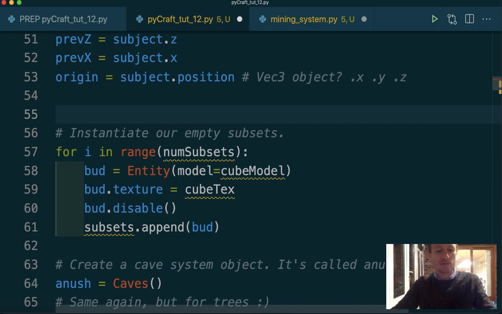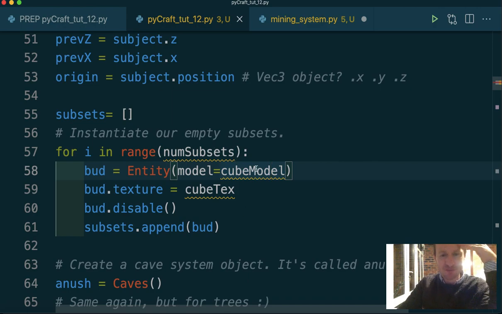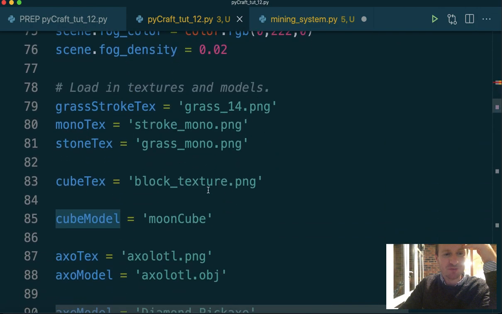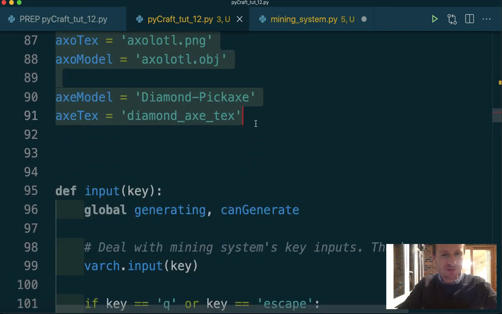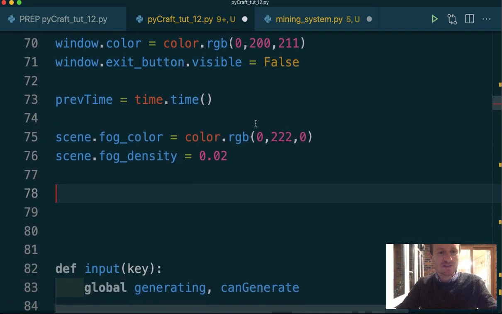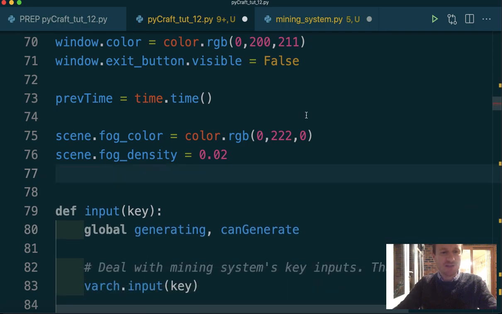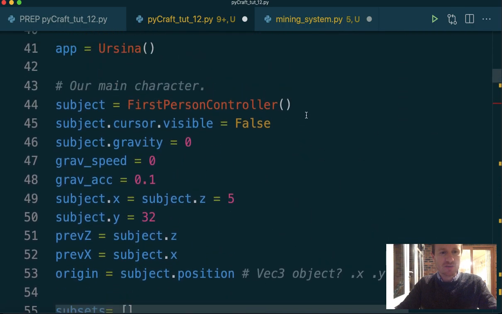Oh, so presumably we're just doing that. Subsets equals nothing. Oh, and now we need a number of subjects. So we need cube model, cube texture. So we need textures and models before all of this stuff. Okay. So here's all the models and the textures. So we'll do those